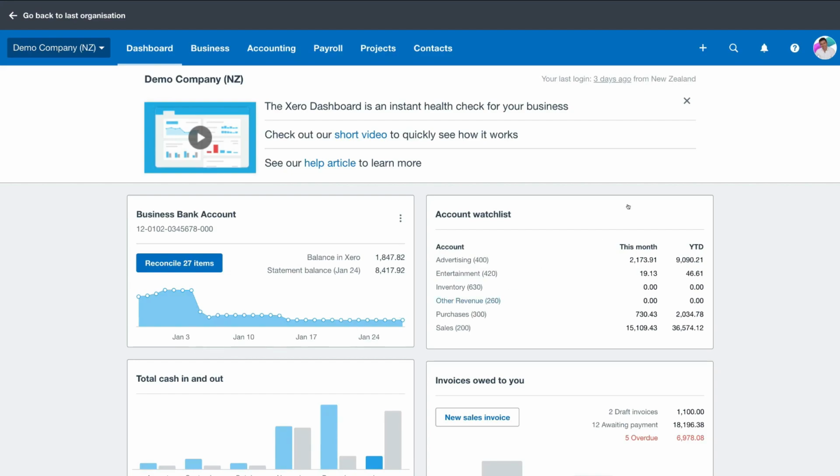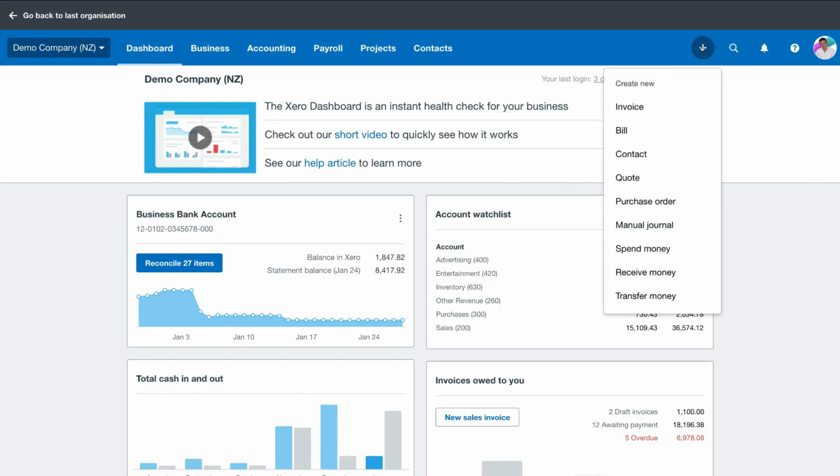Now, if we navigate up to this plus icon on the right hand side, you can quickly create new elements. For example, you can go ahead and create an invoice, bill, contact, quote, purchase order, manual journal, spend, receive, and transfer money. Now, from your dashboard, there are actually 3 places that you can quickly go ahead and create a bill and invoice,